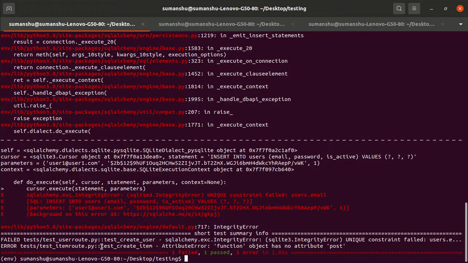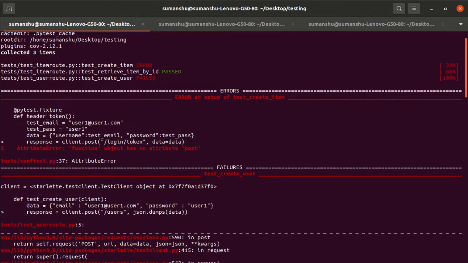But why will the test create item fail? Function object has no attribute post. Okay, let's see what it is failing. Client.post. What is wrong in this?